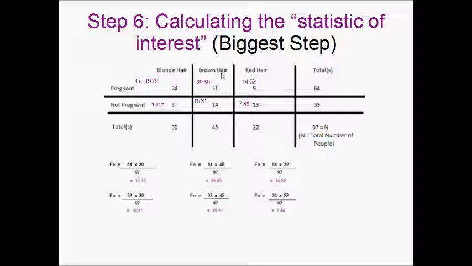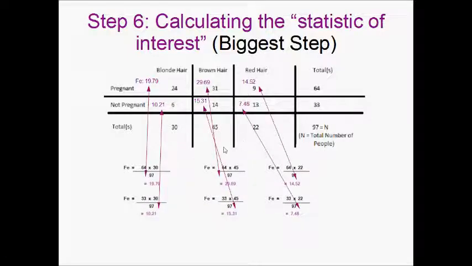We also did this with brown hair pregnant. 64 times 45 divided by 97 gave us 29.69, and so on and so forth. And I put in purple all these frequency expecteds. I did that for each of the cells. Once you complete that, and this is just showing you where I got each of these,